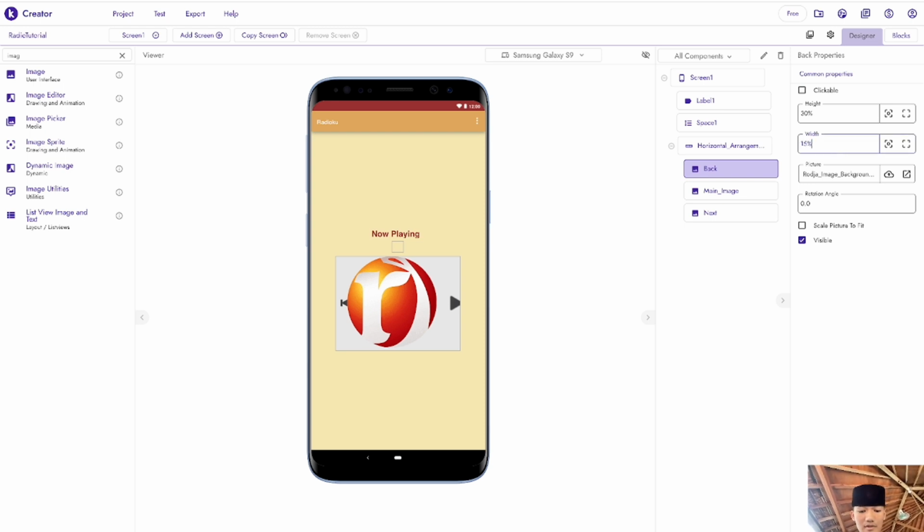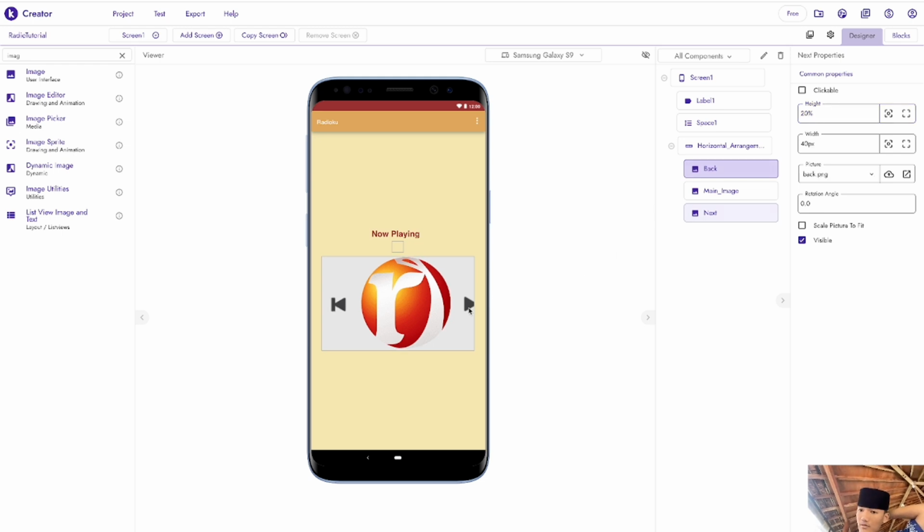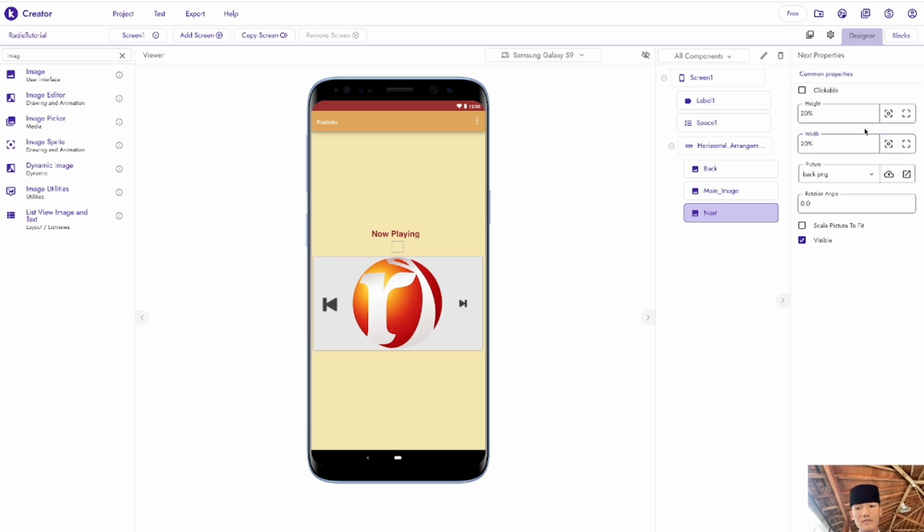Wait, hold on. I will check it first. Weight is going to be 20 and height will be 25. Nah, all perfect. So weight will be 20% and height will be 25%. Don't forget to put the percent.